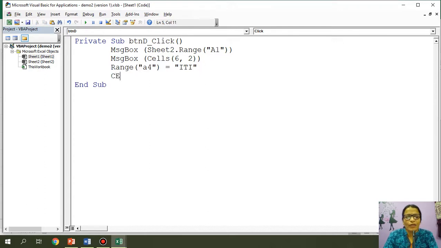Similarly, I can also use cells here. Suppose I say cells, 8th row, 3rd column, and then I want to put something there. It could be a number also. This time we will take a number, 7890. So where will this appear? In 8th row, 3rd column. Let's see.